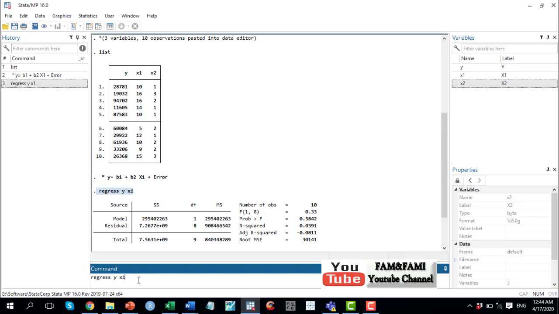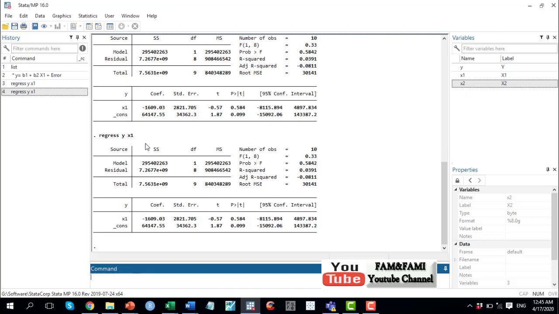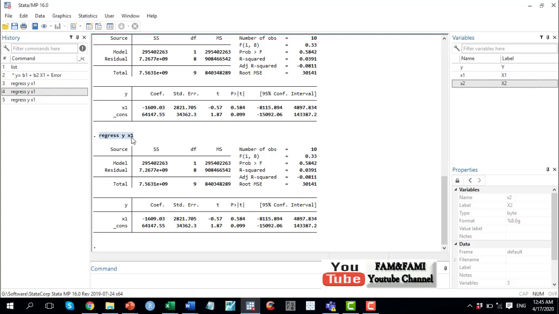So then you can simply press the enter button to run this command. Now you can see that we have run this command a second time, and here it is shown as an additional entry. An alternative way is that you can simply take your mouse cursor here and double click on a particular command that you want to rerun. Once you double click the particular command, it will be rerun. So I'm going to double click on this regress command, and you can see that this command is rerun and it is also displayed here in the history panel.